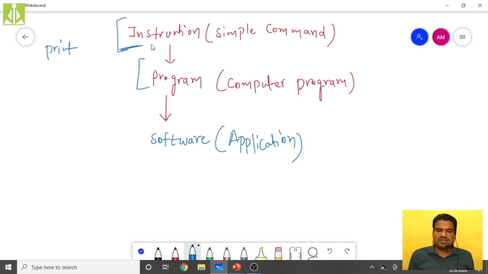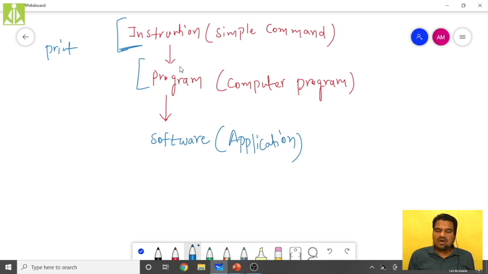Likewise, hope you understood. So simple instructions we are mixing, clubbing or aggregating together to form a program. Finally, we do the same thing with programs: joining, mixing, collecting more than one program together which will satisfy the same task or the same job.